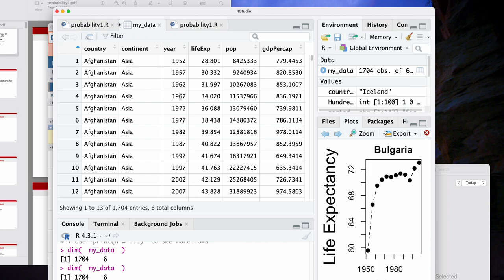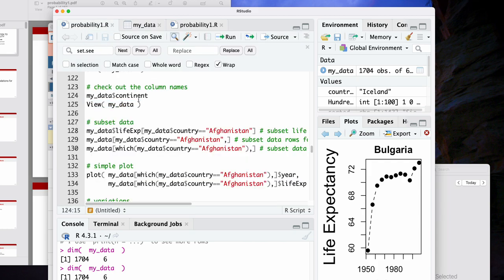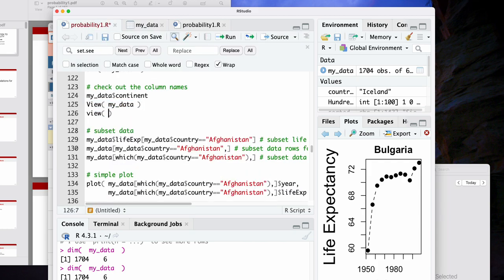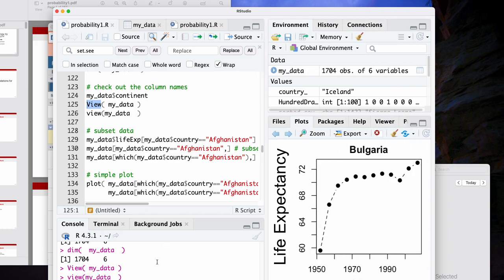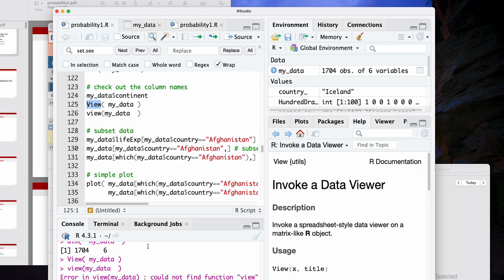Are there questions about this? Are there comments? Are there thoughts? Is there a reason that the V has to be capitalized? Good question. So the answer is yes. I'm pretty sure the answer is yes. Let's see. Yeah, so it just turns out that certain functions have been defined in certain ways. And in this case, View is a function that's been defined with a capital V. We'll talk more about this in a minute.